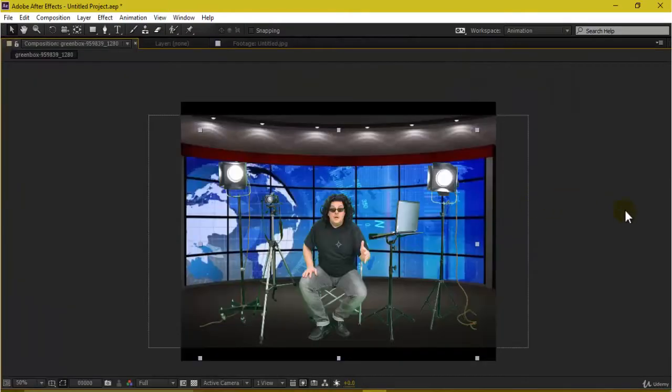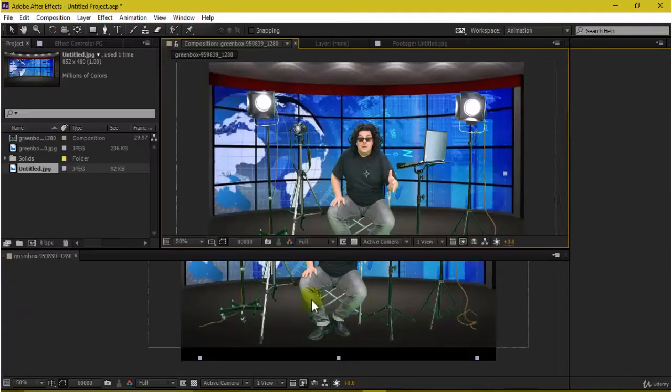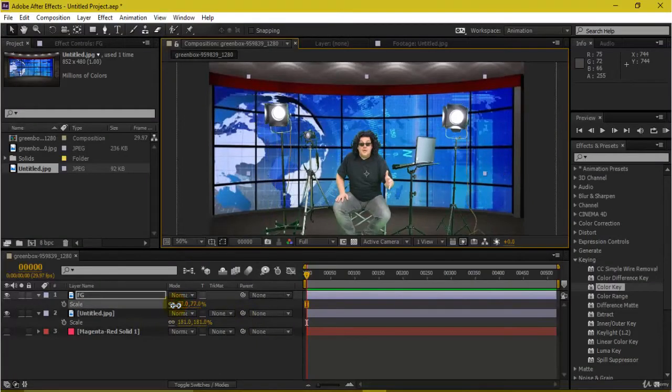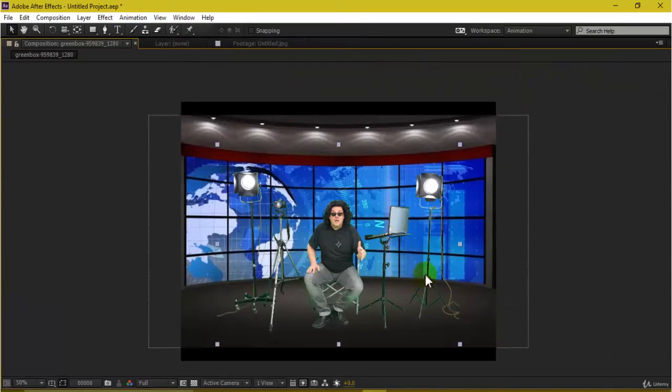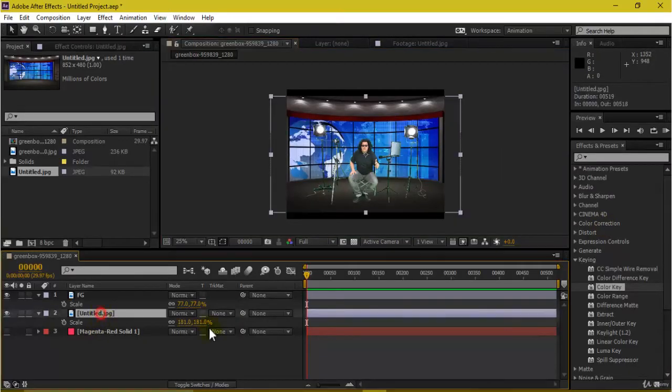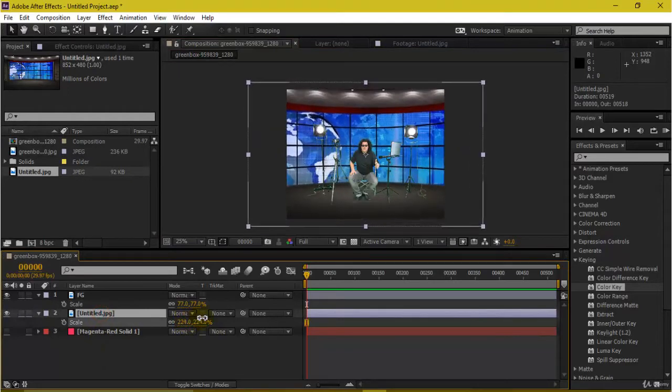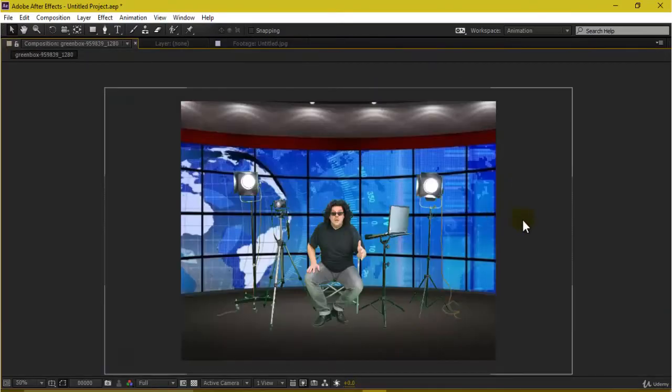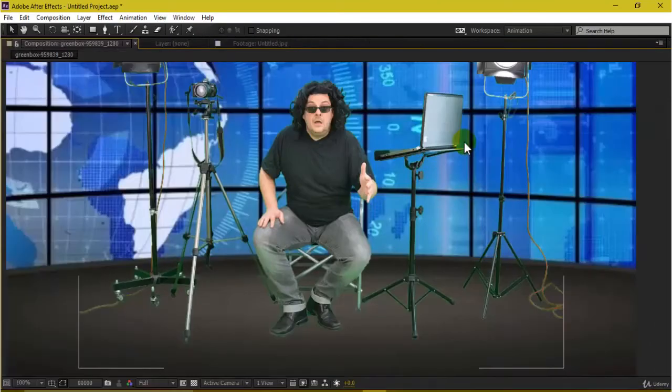So we are right now adding a background, and we are adjusting the position and the transformation for this. We can also scale this. So now if you see, this is what we have got.